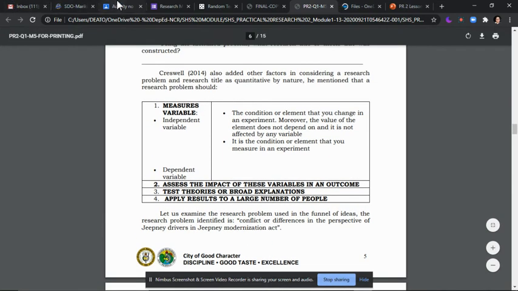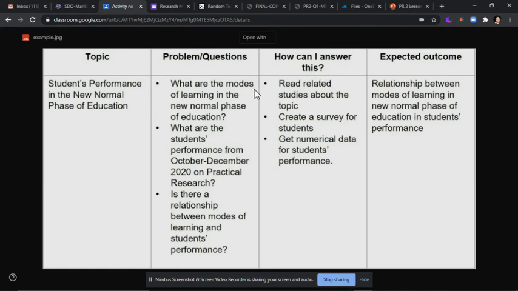So, isuriin natin yung ginawa ko. Mula dun sa nabuo kong problem, how can I answer? Saka na natin pag-usapan yan, kasi chapter 3 yan. Alin dito yung matatawag nating dependent saka independent variable?